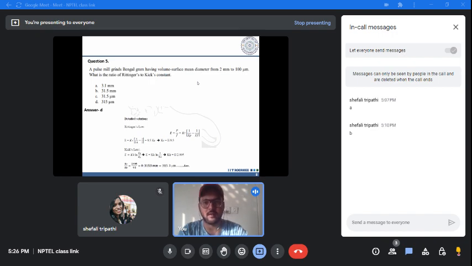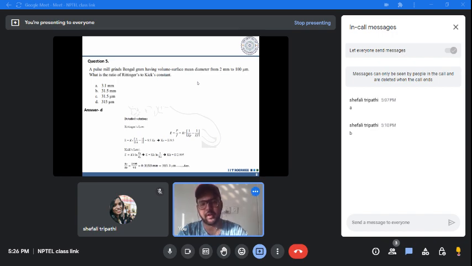So what is asked? The ratio of Rittinger's constant to Kick's constant. So Rittinger's constant upon Kick's constant will be 2.995 upon 9.5. If you solve this, the answer will be